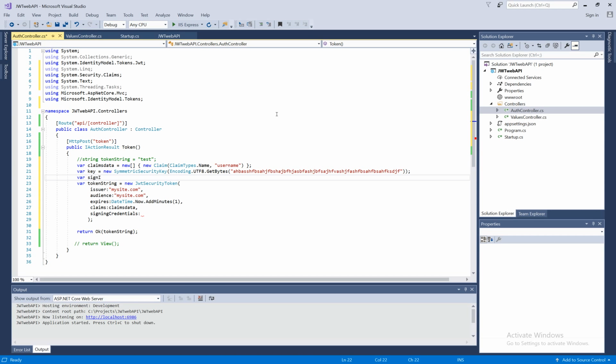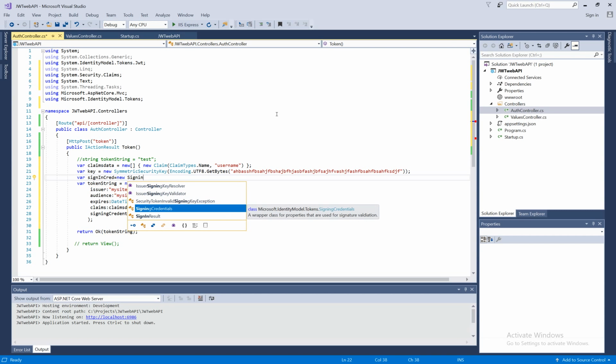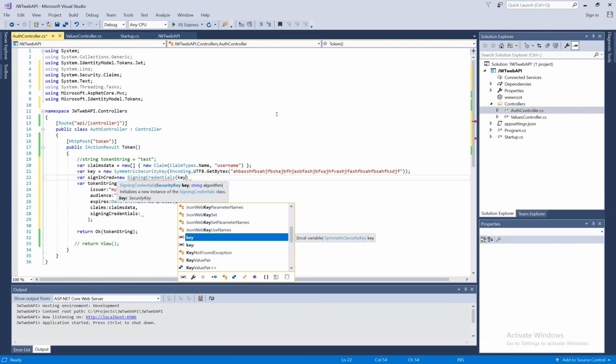Variable signing cred equal to new SigningCredentials of, we need a key and algorithm. The key we already have, which is the symmetric key, and then